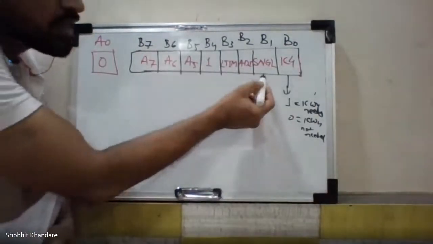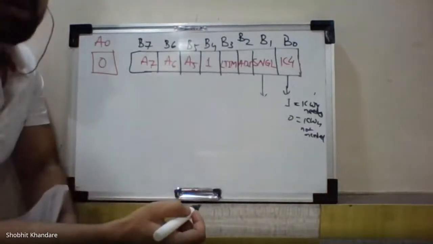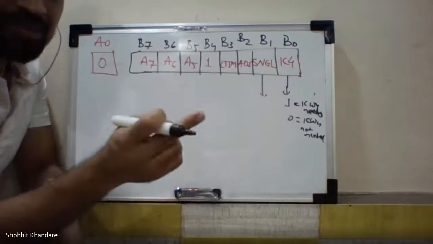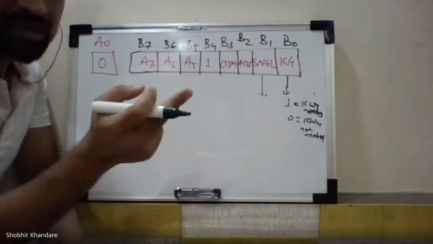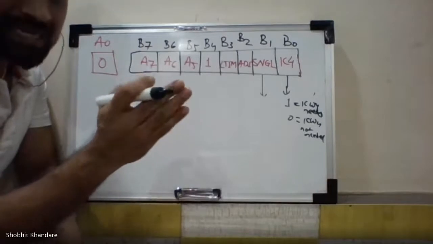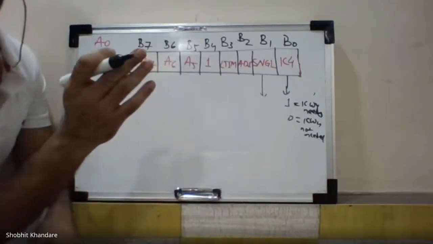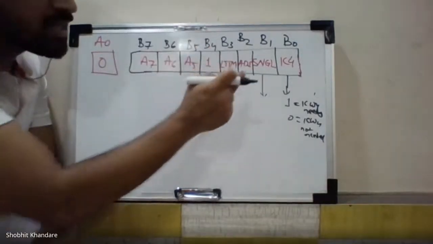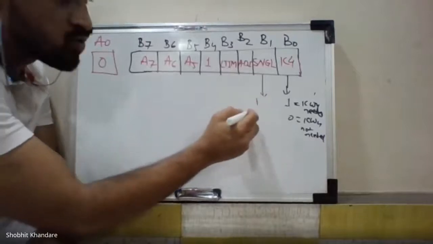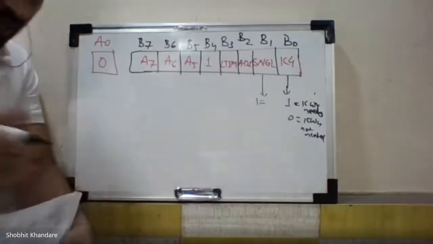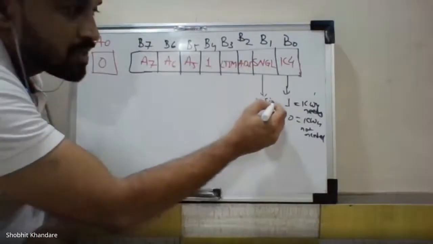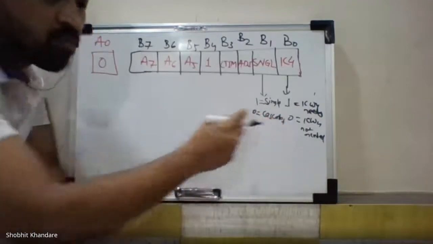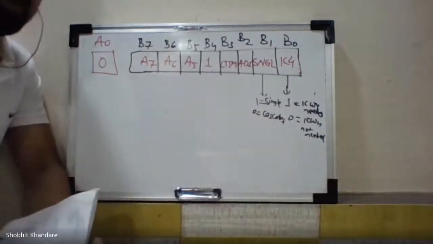Next, we will write down for this SNGL. SNGL means single. If I am not using my 8259 in master and slave, that means I do not have more than one 8259, so I am not using cascading. In that case, if it is only one 8259, then SNGL will be 1. So 1 means single, and 0 means cascaded. That means more than one 8259 are used.